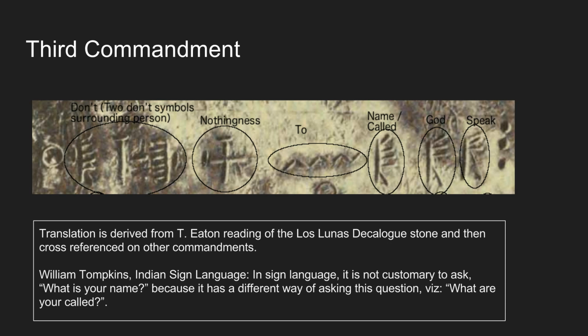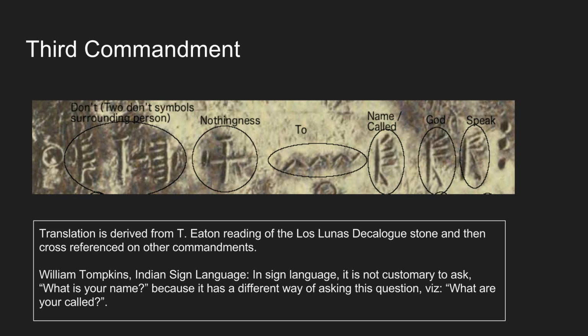The symbol that I've written down for God is the symbol for Japheth. Now, if you recall, the name Japheth is actually Yepeth, which starts with a phonetic Y, or the Hebrew Yud. And the Hebrew Yud is the same symbol that is used for the name Yahweh, Yod-He Vav-He, Jehovah. And that is why it makes sense that the symbol with three horizontal strokes and a leg actually means God. The symbol that I've circled as named or called,